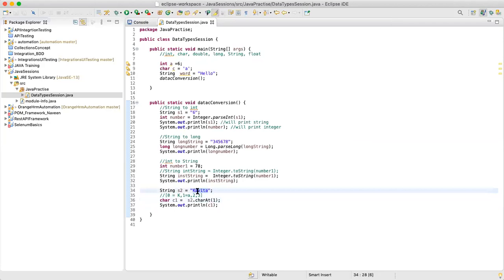Again, as I said, in Kavita there are 6 particular alphabets. This string holds 6 alphabets, but this character cannot hold 6 alphabets. It can hold only 1 alphabet. So now you have to decide from which particular location you want to move and save that into your character. This is converting your string into character.